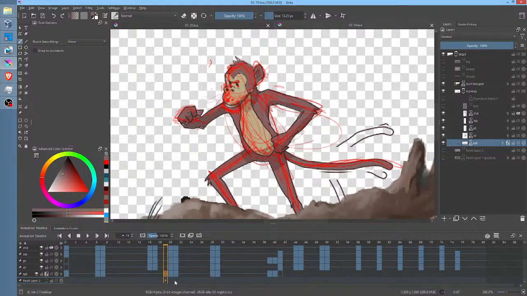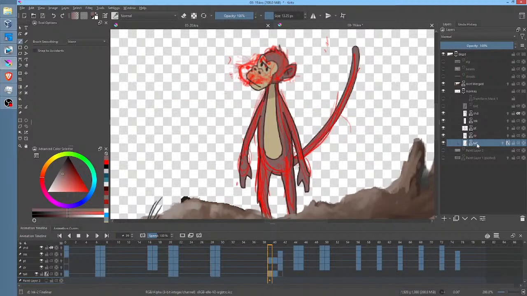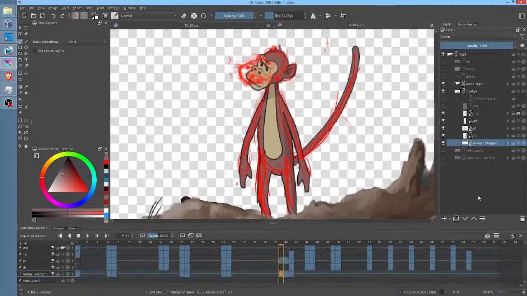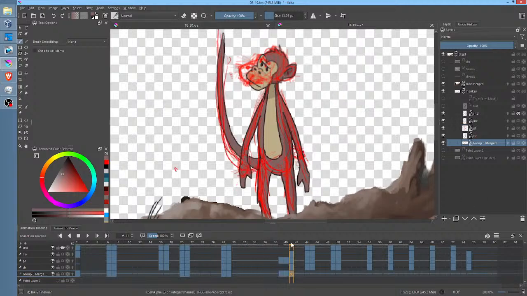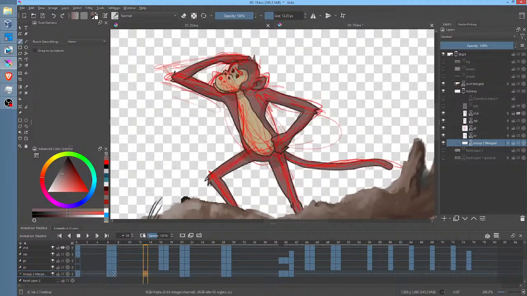And it looks like, yes, okay, so the buffer's flushed. So here's what you want to do. Hit Control G and put that layer that has a layer style in a group. And instead of flattening the layer, you want to merge the group. It does the same damn thing, but when you use merge group, it actually works and it doesn't have all the artifacts. Quite bizarre, but that's Krita.